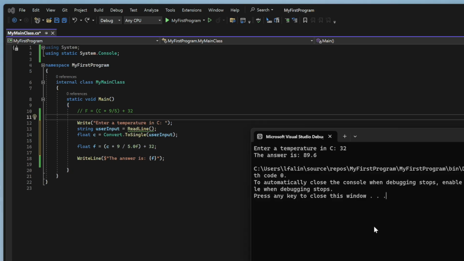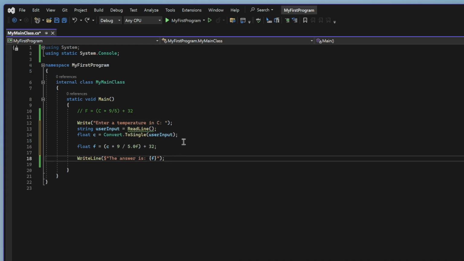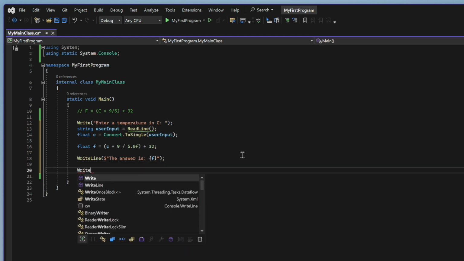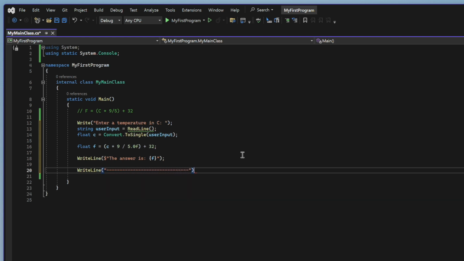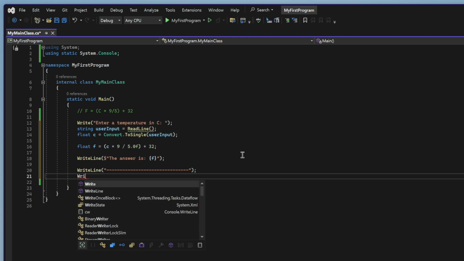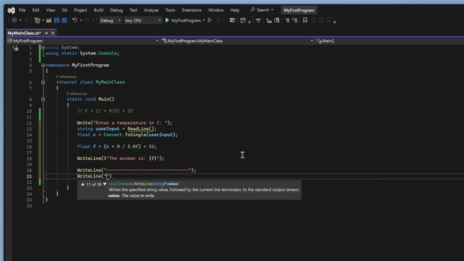All right, so the last thing I want to do is change our output. Right now it just says the answer is 89.6, which is kind of a dumb thing to say. And so we're going to change that. So I think what we want to do is we will first print out a fancy header like this. And we'll say write line. Now, for this part, we'll put our little format $ sign on the outside so we can use format strings. And we'll say that